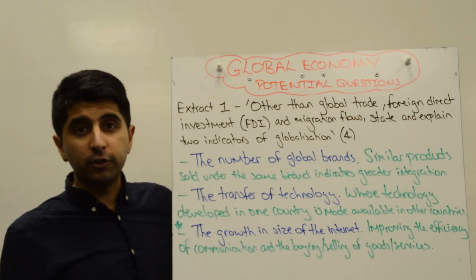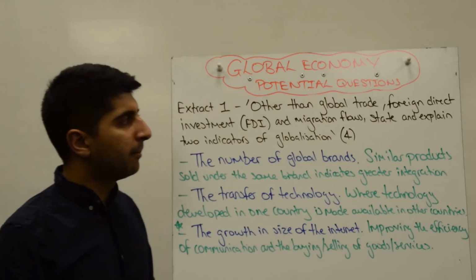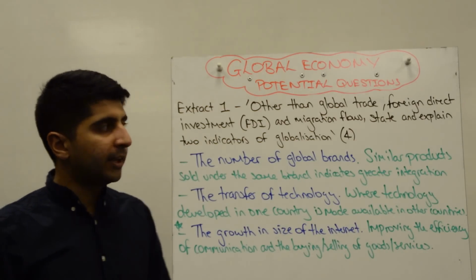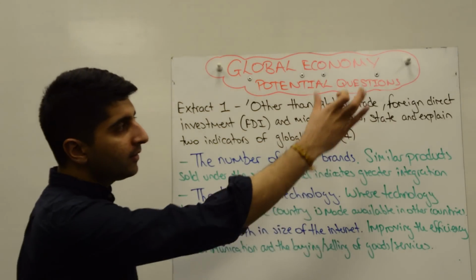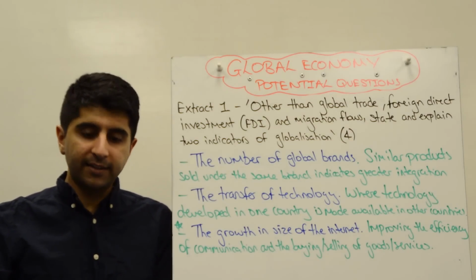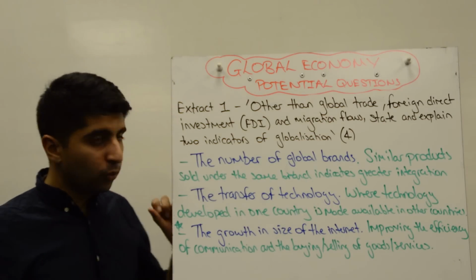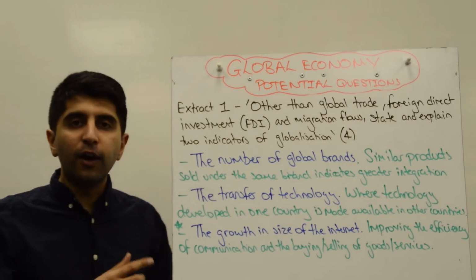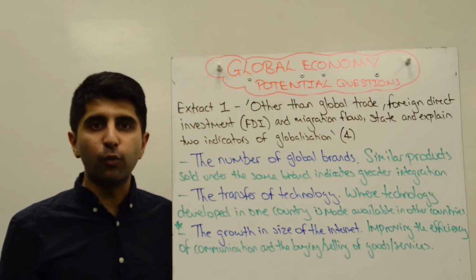But let's say it was this one, which is worth 4 marks. Other than global trade, foreign direct investment and migration flows, state and explain 2 indicators of globalization. 4 marks. So now, because it's state and explain, it's very simple. You get 2 marks for stating 2 of the indicators and 2 marks for an explanation of each. Quite simple. I've written 1 extra here, which is why there is a star. Of course you won't do that, you'll just write 2, but this gives you an option of which 2 to